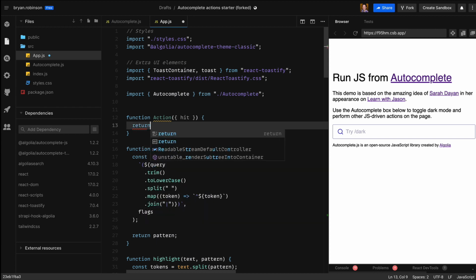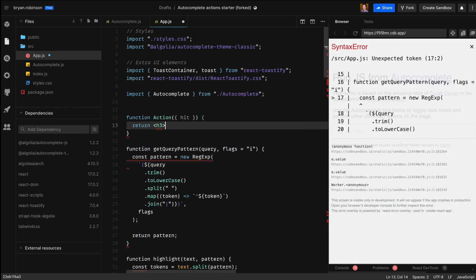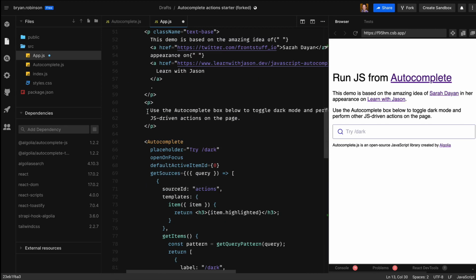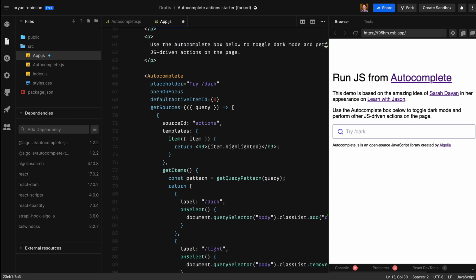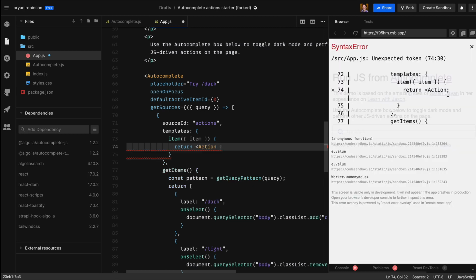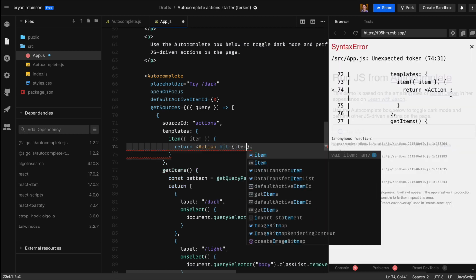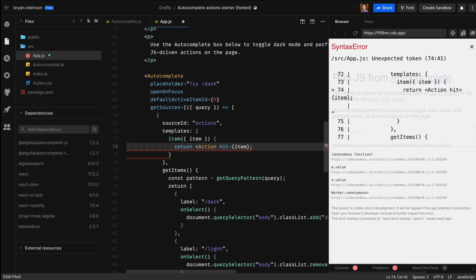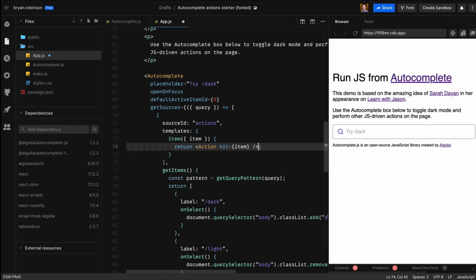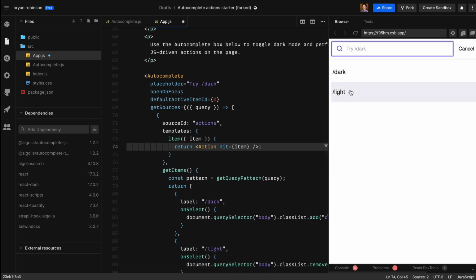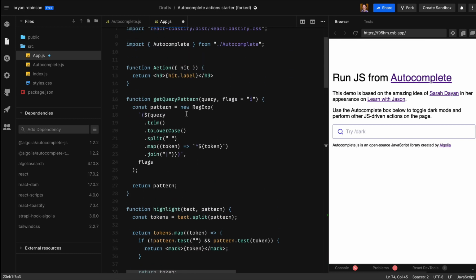So if we returned our H3 again, just so we can use that as an example, the hit.label is what we want here, and then close the H3. So now we can go into our template and change out the old H3 with the new Action component. So instead of the H3, we'll simply return back the Action component we just created with a hit prop that passes in the item value from our function, and it's a self-closing tag. So from here, we should see no difference. We don't, but now we can make this a little bit more complex, and it'll be a little bit easier